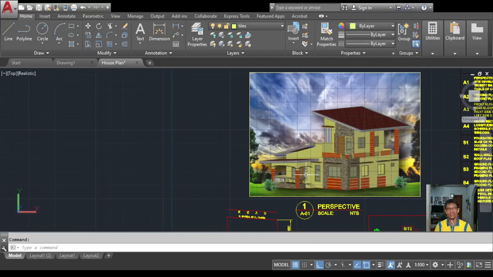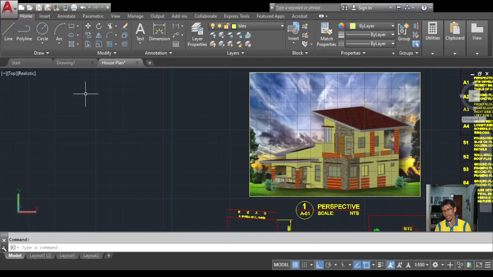How do we start AutoCAD? Let's say, for example, it was already installed in your computer. There are several ways of launching the AutoCAD depending on the preferences and the condition you may want to begin.